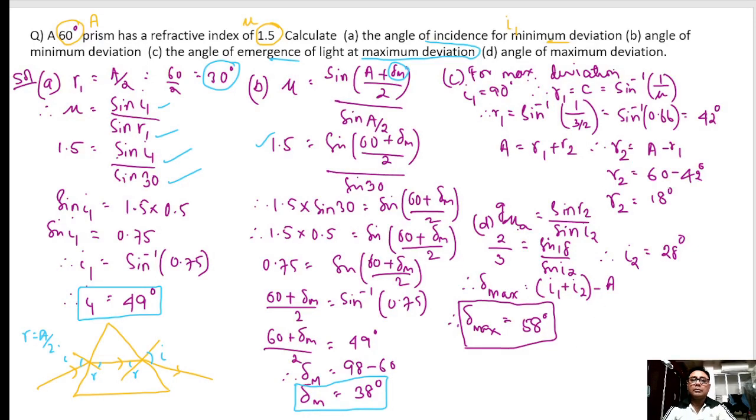So here, we can already find out for maximum deviation. Now please note this very, very important thing. For maximum deviation, I1 has to be 90 degree and R1 has to be the critical angle. Very, very important. And this relation already we have discussed in the